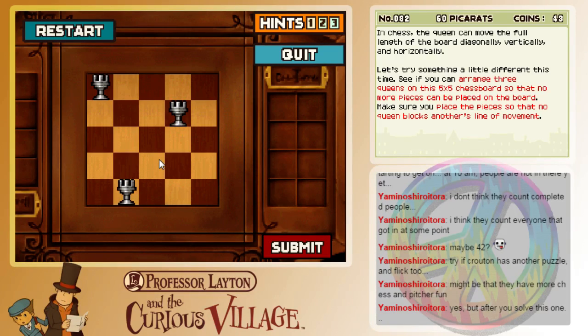You have to do it in such a way that horizontally the queens cover every single square. All these are covered. All these are covered. And all these are covered. The ones that aren't 100% covered are here and here. This one's covered, this one's covered. This one's covered. This one is not covered right here, so that's a problem. But if I move here, this one becomes the one not covered. So maybe I shouldn't keep you in the corner because...